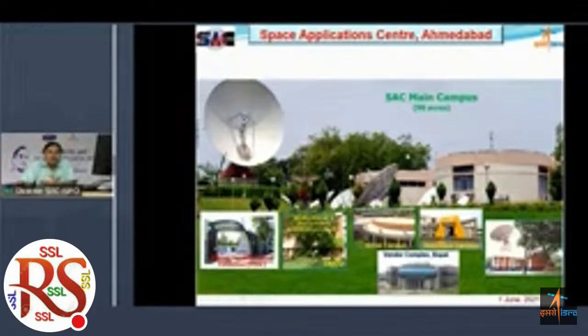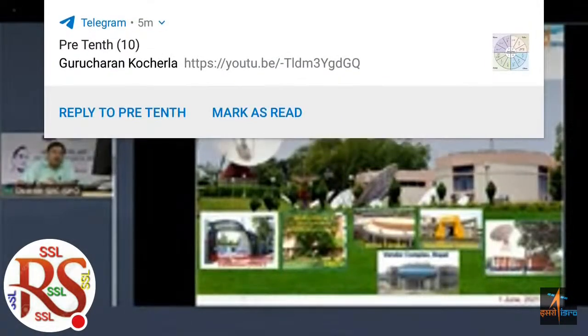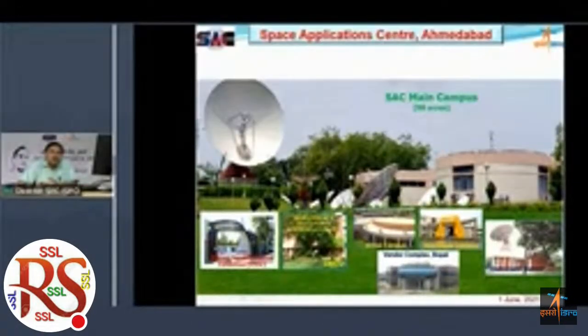I bring out those importance also. So this is the first Earth station which was built in our country. It is located in Ahmedabad. Right now we are not using this setup, but still we have kept it as a heritage building. Whenever you get a chance to visit Ahmedabad and Space Application Center, please do come and we'll show you